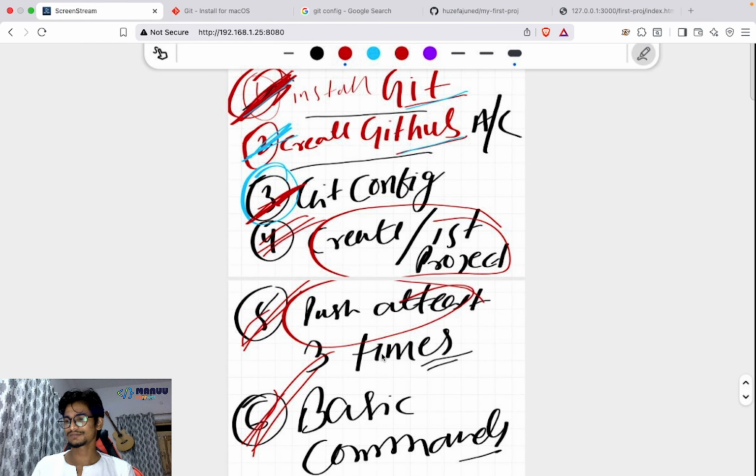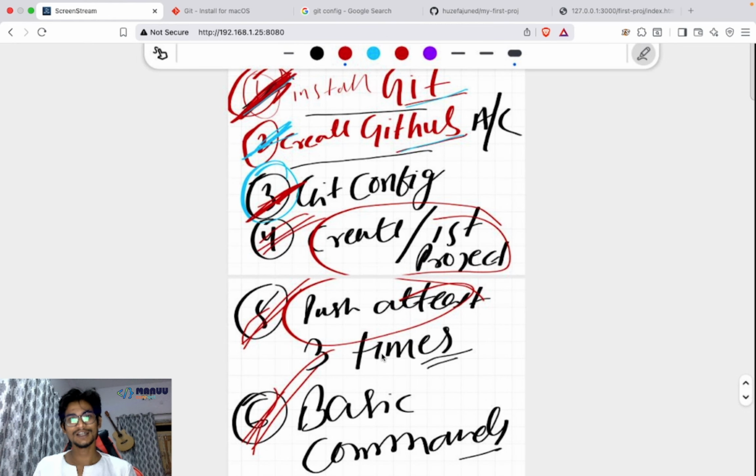This is my responsibility to teach you, and your responsibility to practice. Just try to practice. Install it, and if you already installed it, that is very good. Just try to make a first code. Try to push your code.